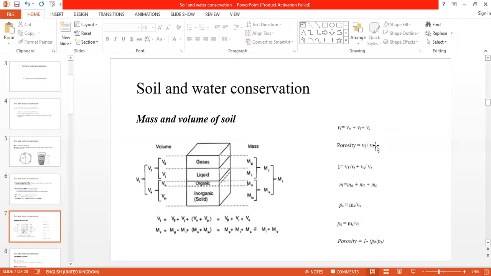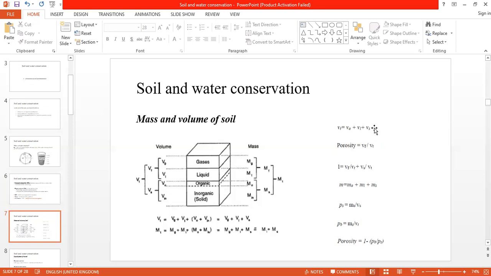In short, we'll be saying that our porosity is maybe 0.4, meaning that it's 40% of the total volume of soil, or 0.3, meaning that it's 30% of the total volume of soil. Such that we can say that porosity plus this volume of solid